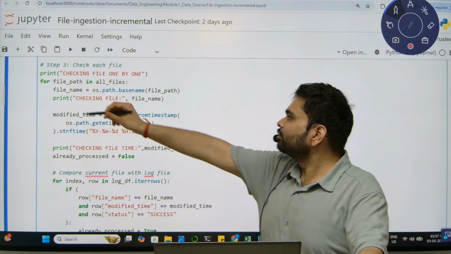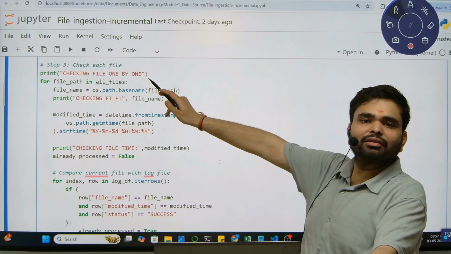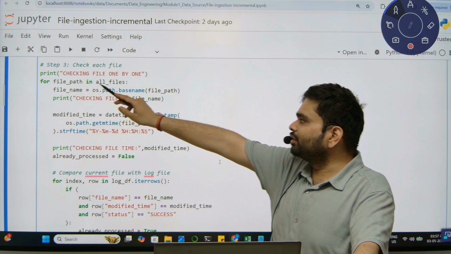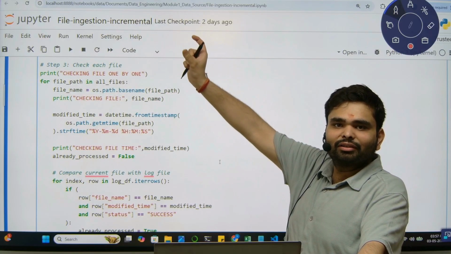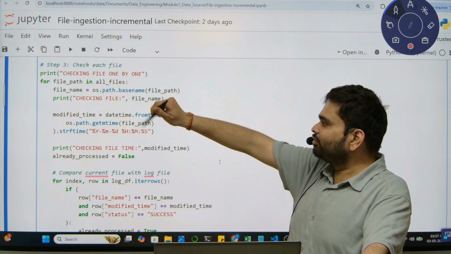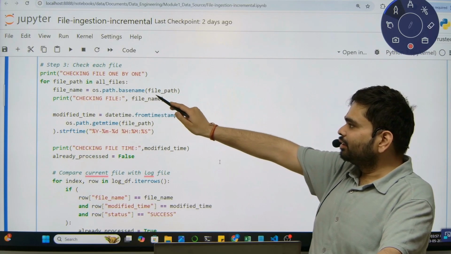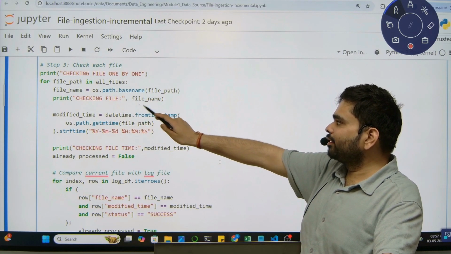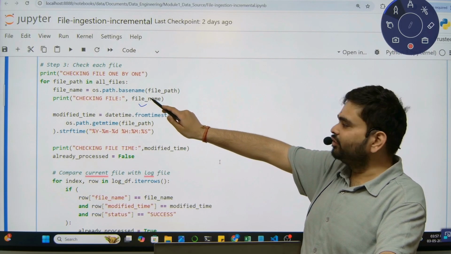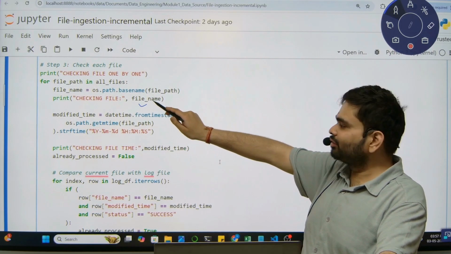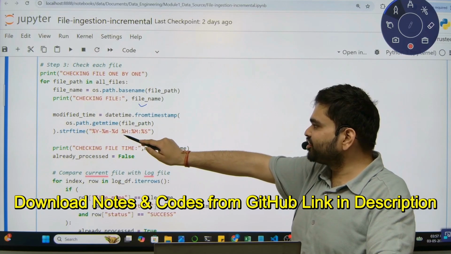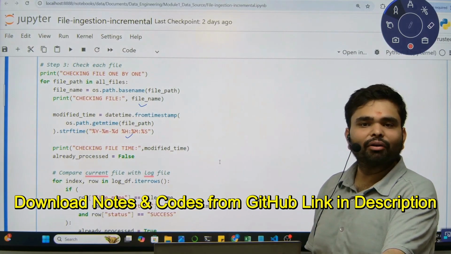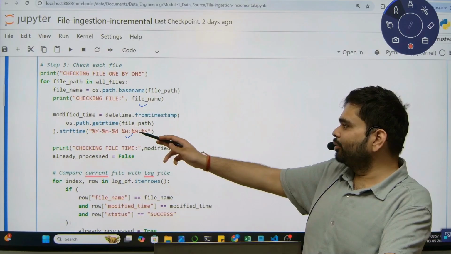So we are checking the files one by one. For file_path in all_files means first file 1, then file 2, then file 3. In the first loop, we are checking one file. We load that file and give the name. We are loading orders1.csv. We will check at what time it was modified. How are we doing that?